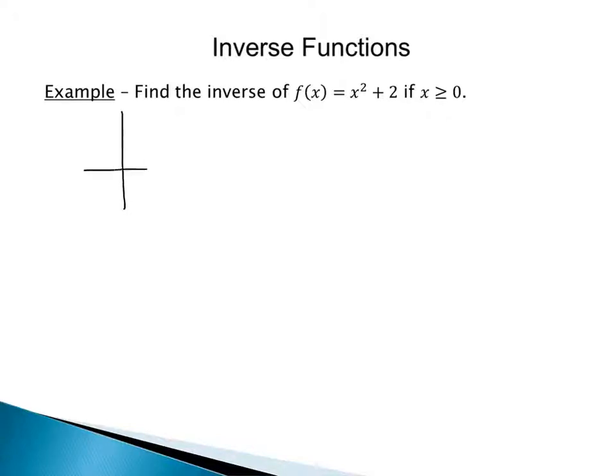so plus 2 on the outside means it would be shifting up 2. It takes the shape of a parabola. Well, if we're talking about inverse, remember in order for a function to have an inverse, it has to be 1 to 1. In order for it to be 1 to 1, we test it using the horizontal line test. Well, if I draw a horizontal line through this parabola as it is, it fails the horizontal line test because it crosses in two places, which means that the function is not 1 to 1, which means it can't have an inverse.